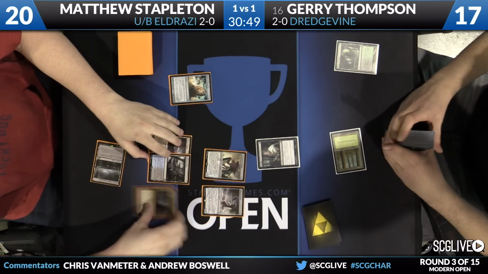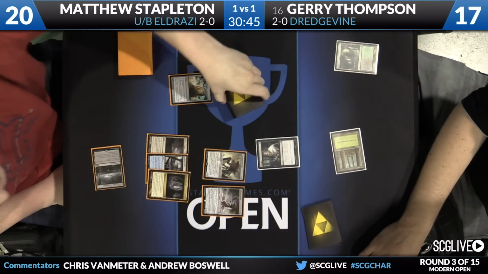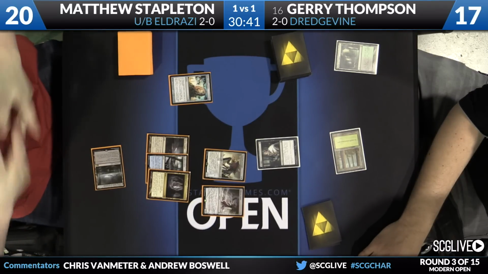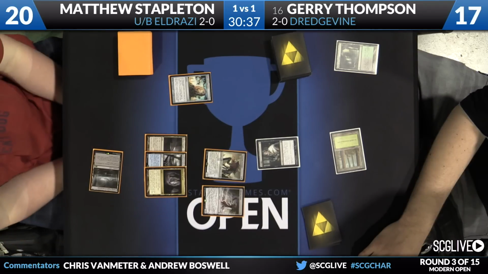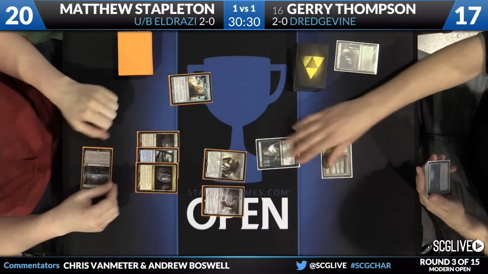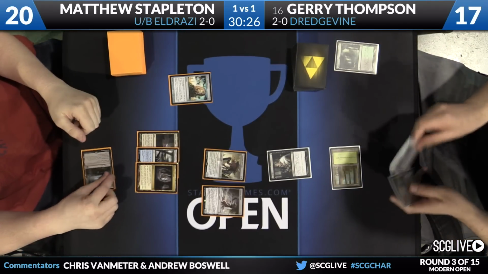Now, it looks like we've got a Forest off of the Verdant Catacombs into a Thoughtseize, made possible by Urborg. And Matthew is going to reveal Eldrazi Temple, Polluted Delta, Cavernous Souls, Wasteland Strangler, and an Oblivion Sower. So along with that Eldrazi Temple, Matthew has 3 mana available next turn that he can start getting some attacks on with that Wasteland Strangler,